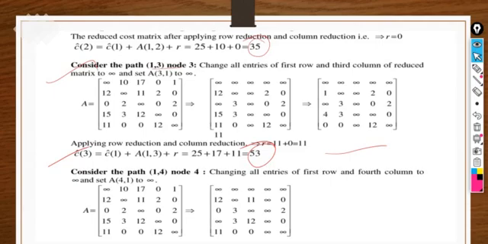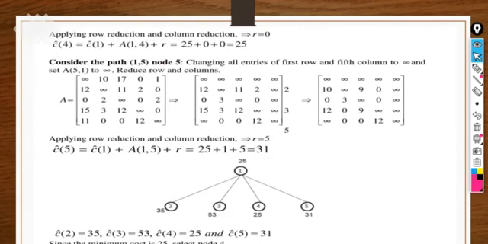So you can take a screenshot here and try it yourself, as we have already discussed how to find the cost for each and every node, and we have to select the minimum cost node level-wise to expand further, and other nodes will be killed at that particular level itself. We will not expand them, right? So we don't have to explore each and every node, each and every path here. We have to take the path which is giving the minimum cost. That is the beauty of the branch and bound concept here.